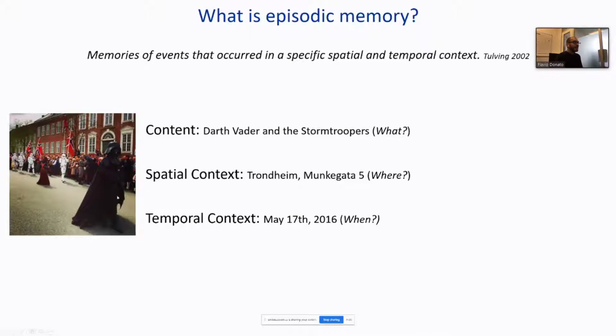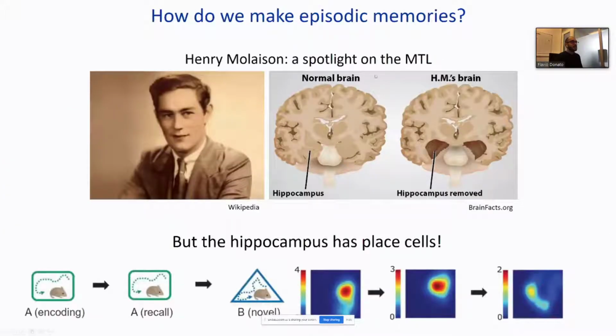So in the end, you can think of an episodic memory as something that combines together 3 different axes or variables, the what, when, and where axis. These 3 elements might be the key elements of an episodic memory. So this study of Henry Molaison puts a spotlight on the medial temporal lobe, and people start to think that the medial temporal lobe, via the possibility to form a spatial context of the environment, and as we have seen yesterday also, a temporal context through the lateral and frontal cortex, is able to put together the where and when of an episodic memory and fill it up with the what.